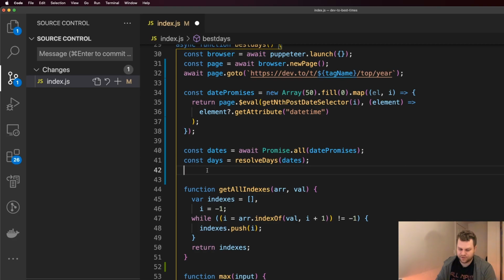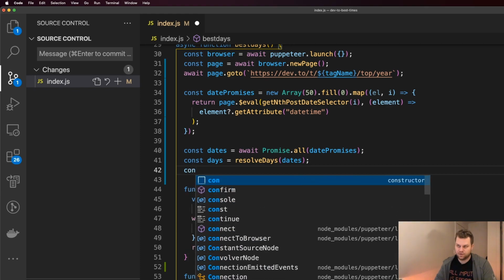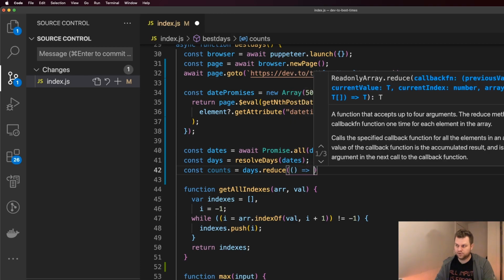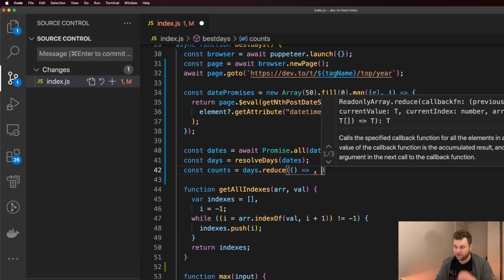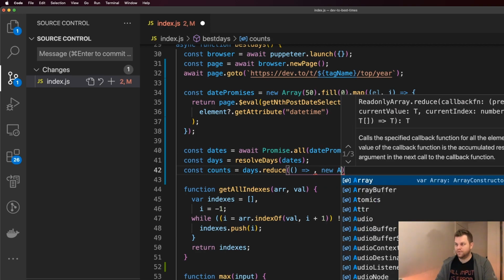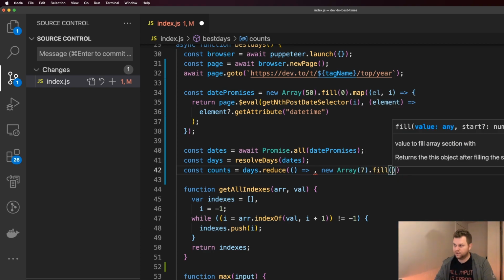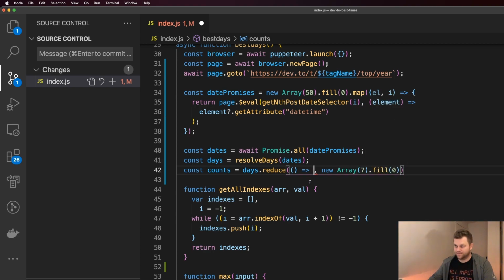What do I want to end up with? An array, length 7, with counts for each position. So that seems pretty easy. const counts equals days.reduce. Okay, what do we start with? We're going to start with an array of 7, and might as well just fill it with zeros. Okay, so we got an array of 7 zeros. We've got a day. No, we've got